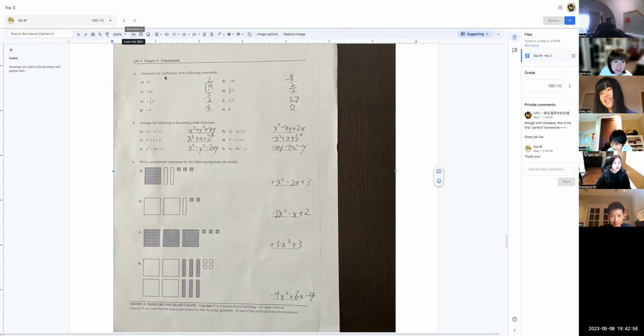Okay, so let's take a look at this one. Determine the coefficient of the following monomial. Okay, so everybody, this time we're just talking about the number before the variable. 对不对？就是说这个未知数前面的那个数字，所以 Graciana 非常好，都做对。好，我们来先看看这个啊，arranging the following in the descending order of power。好，那我们来看一下这道题目 number A. So Graciana 看到没有？如果我们 we pick up x as